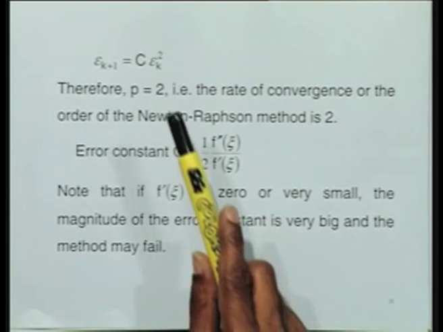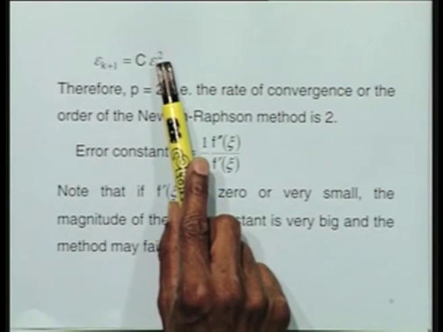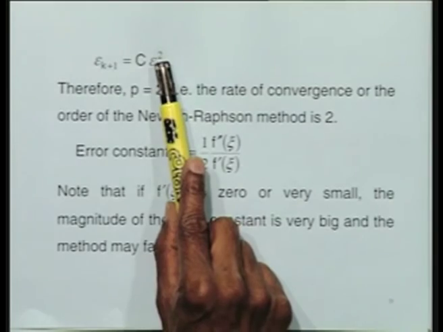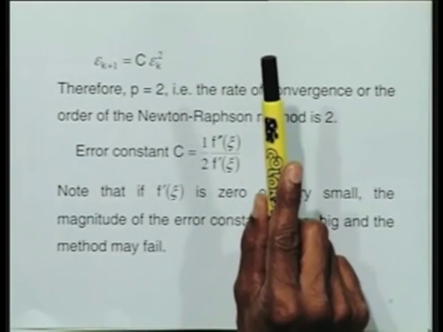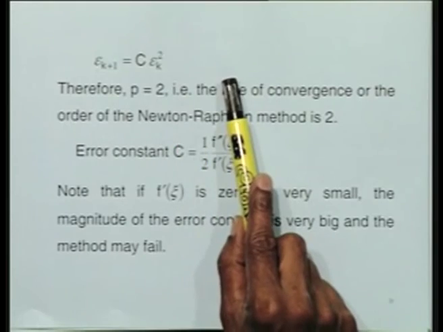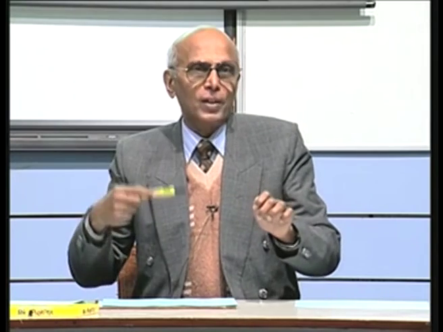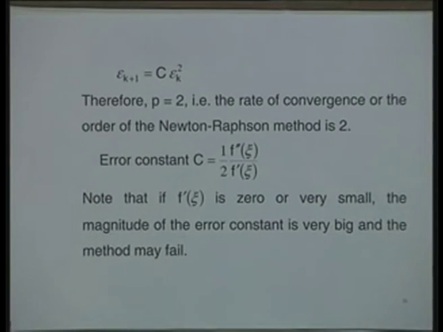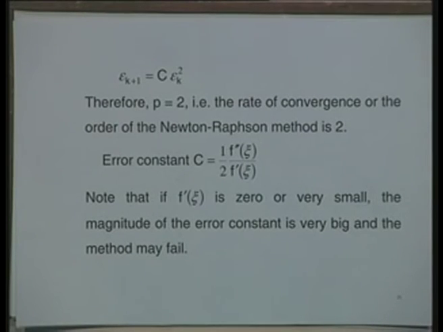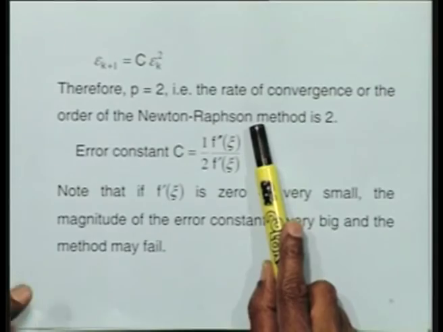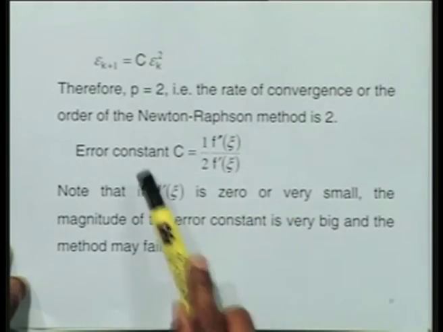Now if at any stage you are 0.5 away from the exact solution, in the next stage you will be away by 0.5 whole square, that is 0.25. Of course we are multiplying by c each time, the same factor. In the next step 0.25 whole square, so 0.0625. Now see how fast the convergence will come. So you will have the accuracy coming so fast. Therefore this is a reasonably good method for any practical application. That is what we are going to state later on.